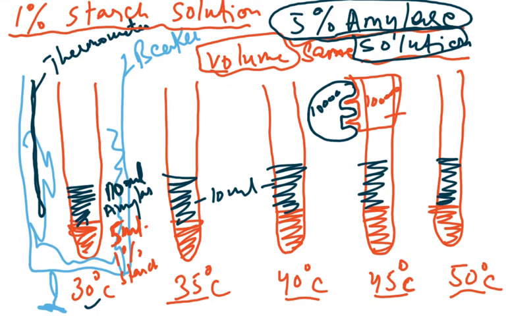Now the same story, we will have to repeat it at 35, then we'll repeat it at 40 degrees Celsius, then 45 degrees Celsius, and 50 degrees Celsius. Now we will get the data for 5 different temperatures, and then we can plot a graph of this data. But we can also repeat 5 times at 30, then repeat 5 times at 35, then 5 times at 40, so we will be doing 1, 2, 3, 4, 5 into 5, 25